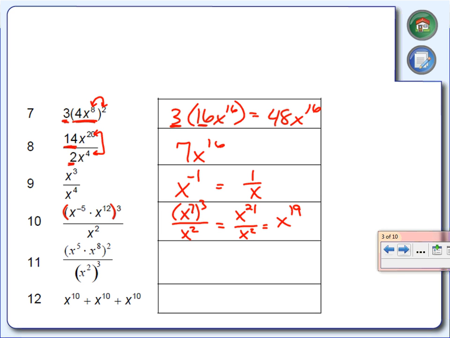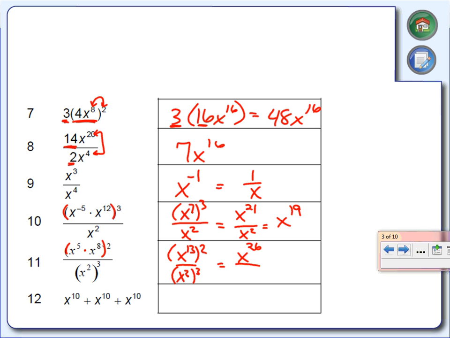Number 11, again very similar to number 10. We're going to start right here with what's in the parentheses. Right now we're multiplying, so I'm going to add up the exponents. 5 plus 8 is 13. We'll square that in a second. So I've got x to the 13th squared. We said we were going to multiply those two exponents, so 13 times 2 would give us